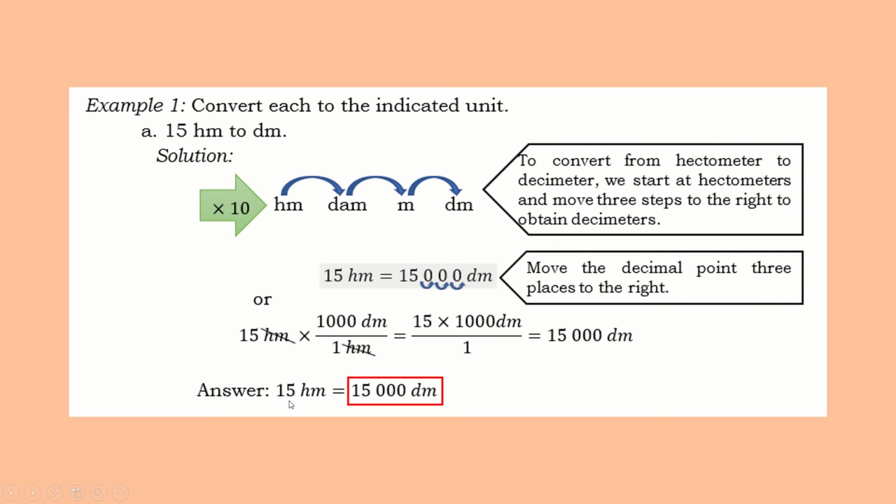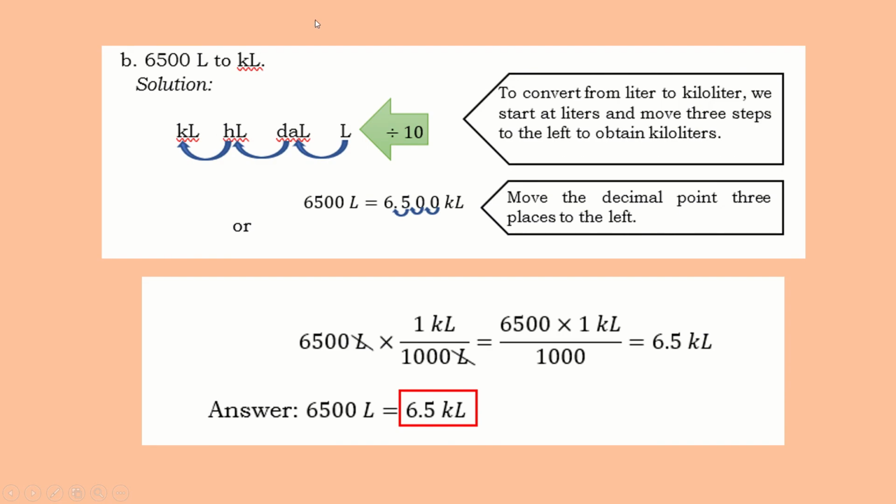So, 15 hectometers is equal to 15,000 decimeters. So, if naglibog mo aning pag-times, just use this step: if larger ang value, you have to move going to the right to the smaller unit. Okay? Next is